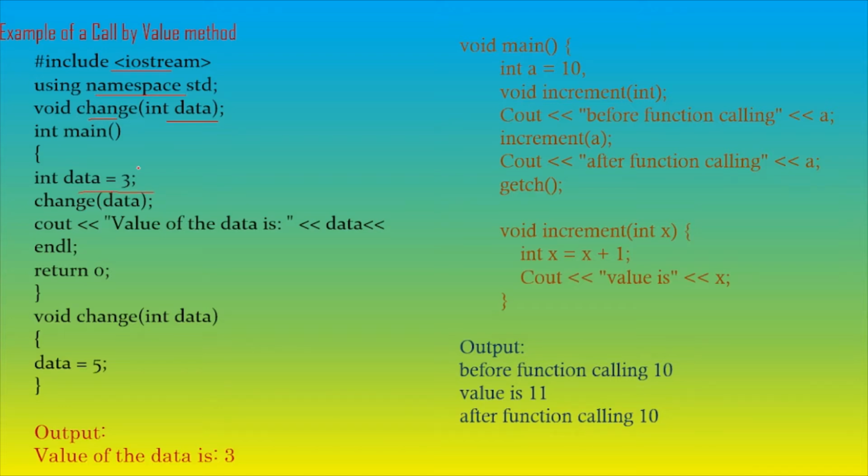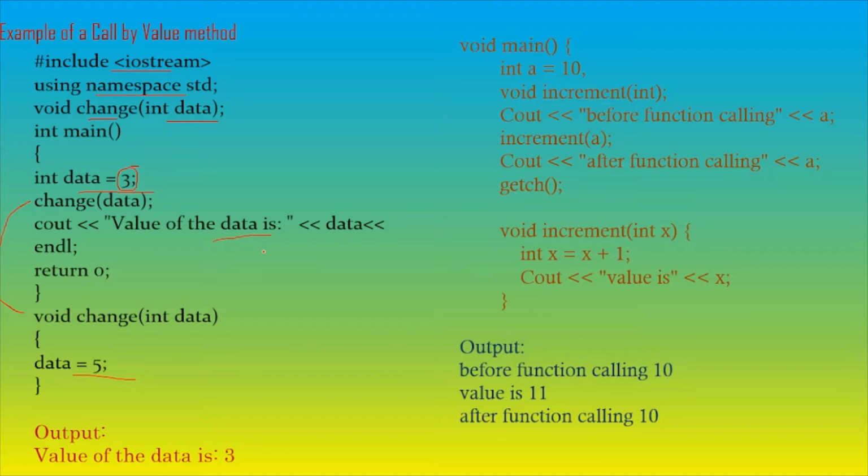We print the data. This is the original value of the data. Then we are calling the method change with data, and it invokes this method. The cursor moves here. In this we are changing the value of the data to 5. The original value is 3, but when we call this method it is changed to 5 and it comes back. Next, when we are printing this, the value of the data displays